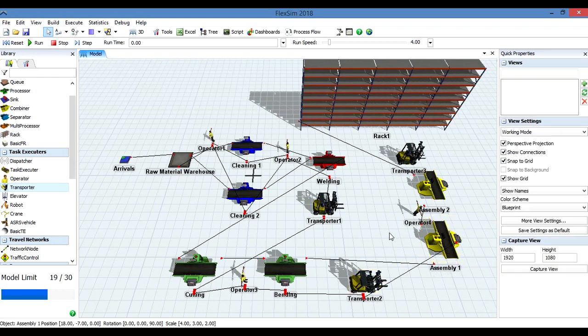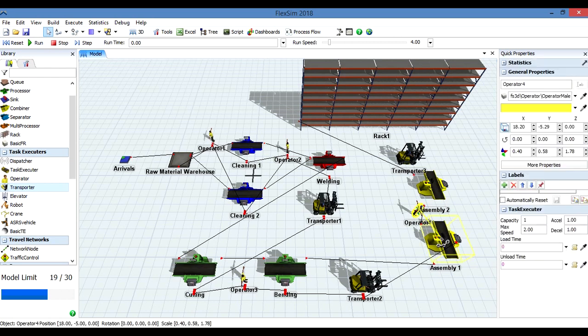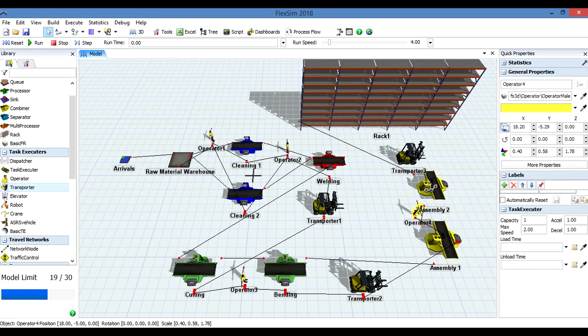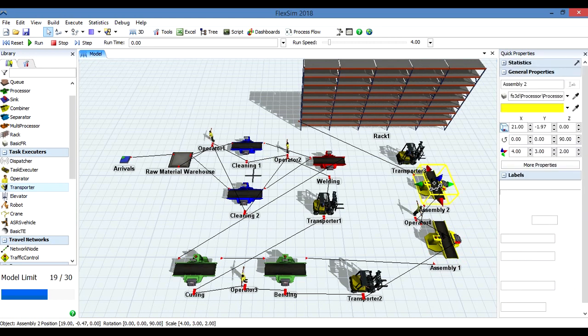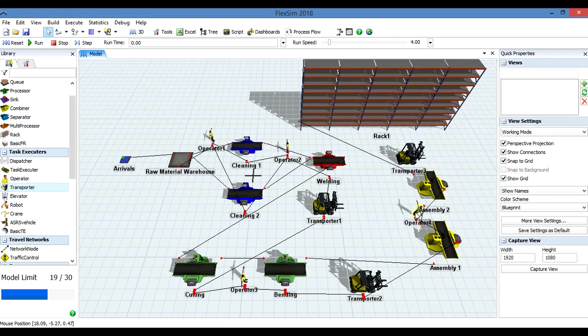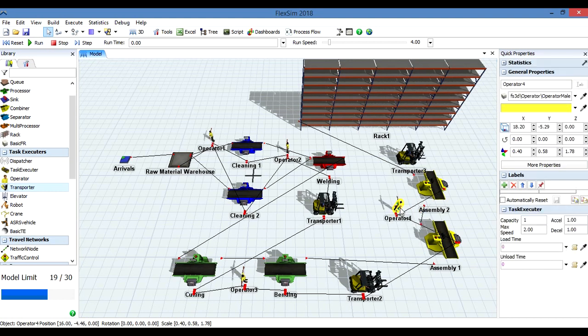Alright, let's continue with this other operator, the number 4. We're gonna press S on our keyboard, select this operator, select these both stations, okay, and final